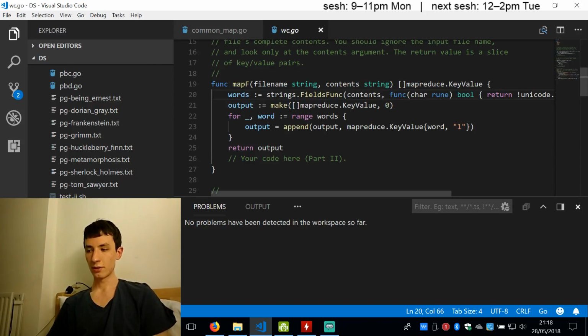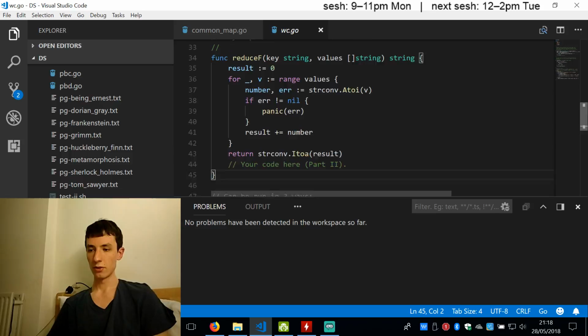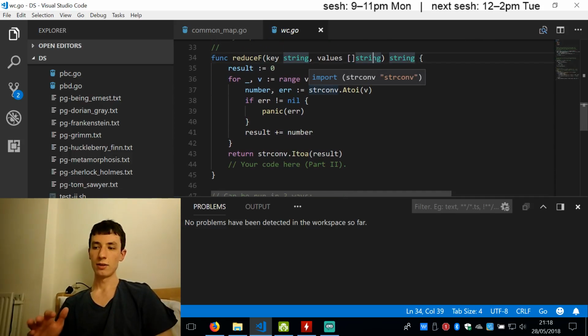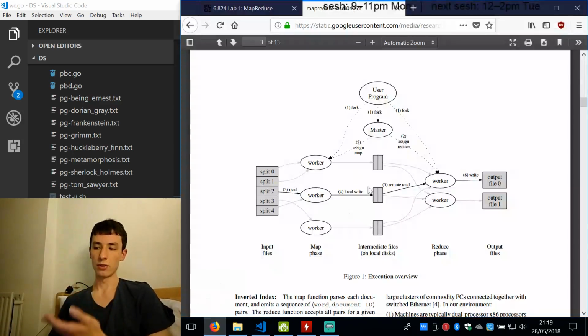The reduce task takes a key as input. It takes a single key and a list of values. So what it is really doing is taking key value pairs for a single key at the same time. And the fact that it's a single key is important for the general outline of